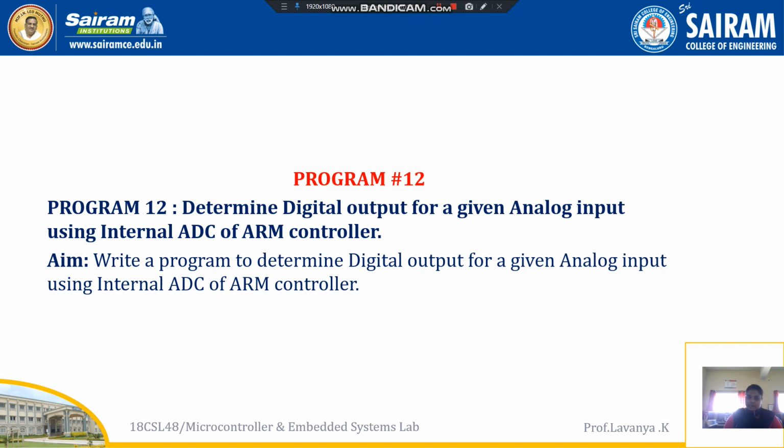Whenever we transmit the analog input, port number 0, pin number 1, is enabled to transfer our analog input. Once the analog input is transferred to that particular port, that is port 0 pin number 1, finally we expect the result at port 0 pin number 0 as our digital output. This is the main conversion that happens between the ADC and the ARM controller board.